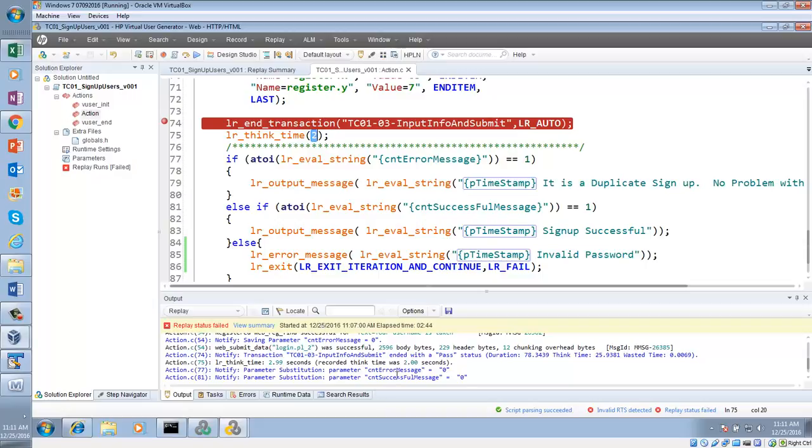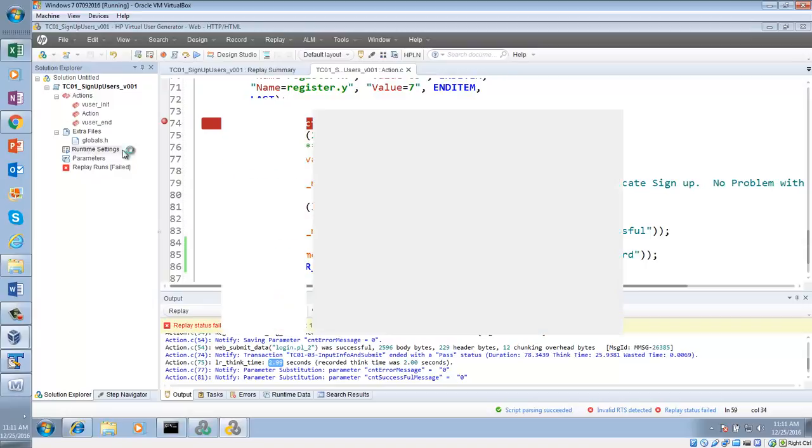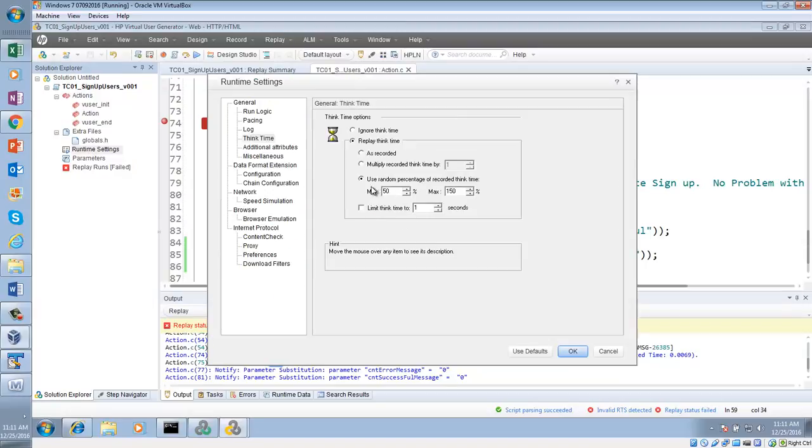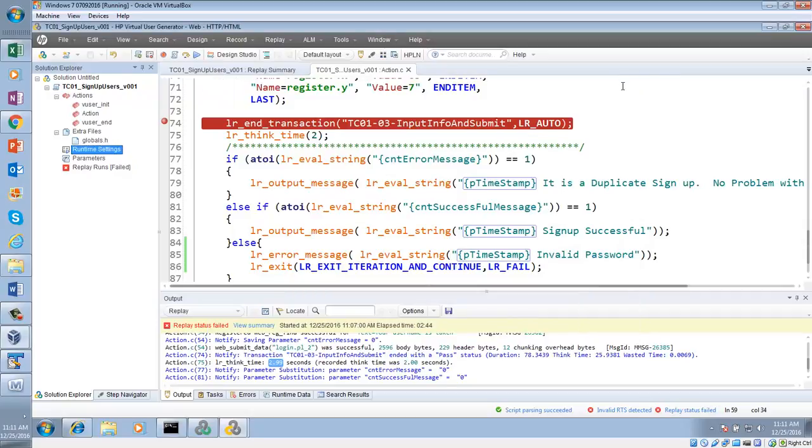Now can you see this? This was actually 2 seconds, but it has multiplied because of our think time settings over there.